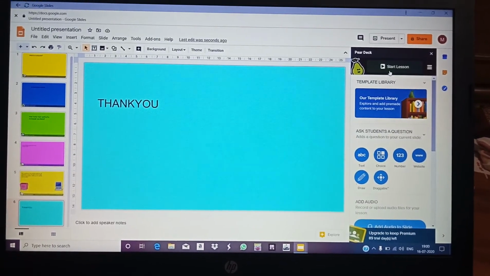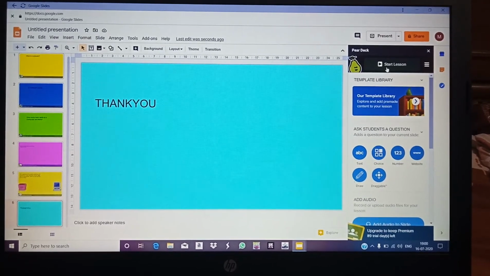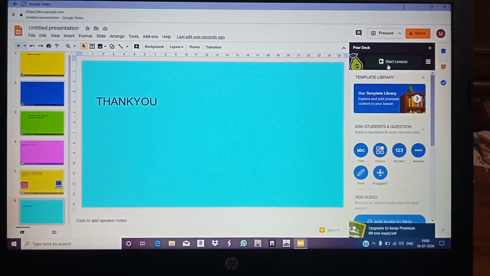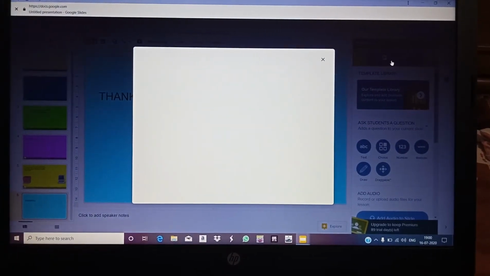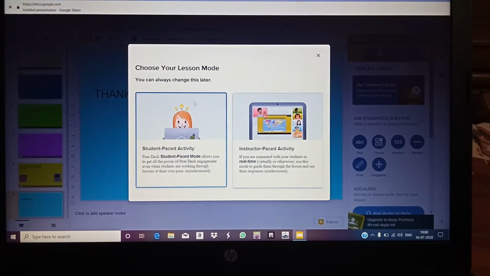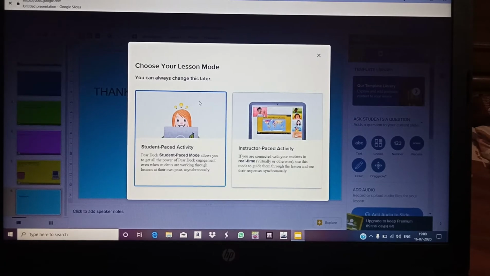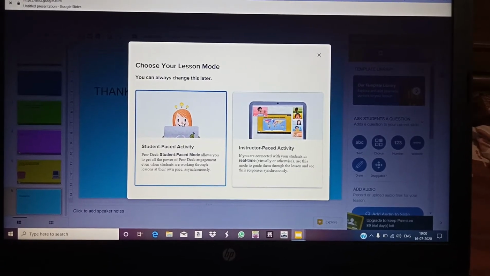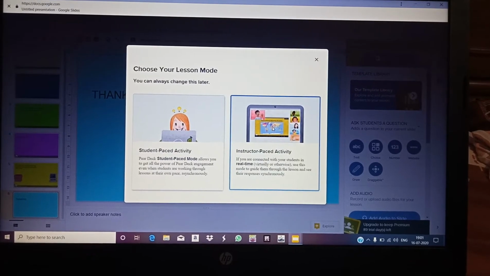Now you can see start lesson. What you will do, you will go here and click on start lesson. Now 2 options you will get. Choose your lesson mode. What will be the mode of the lesson? You are online or you are offline. The one is student paced activity and the other one is instructor paced activity.